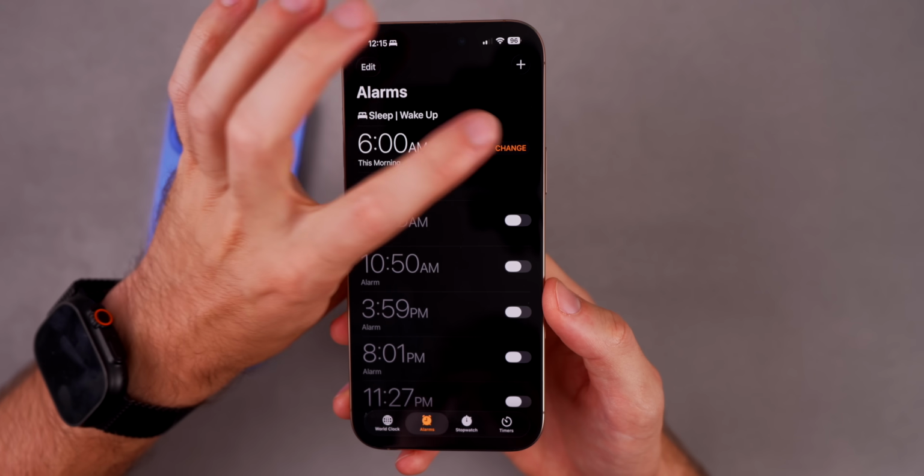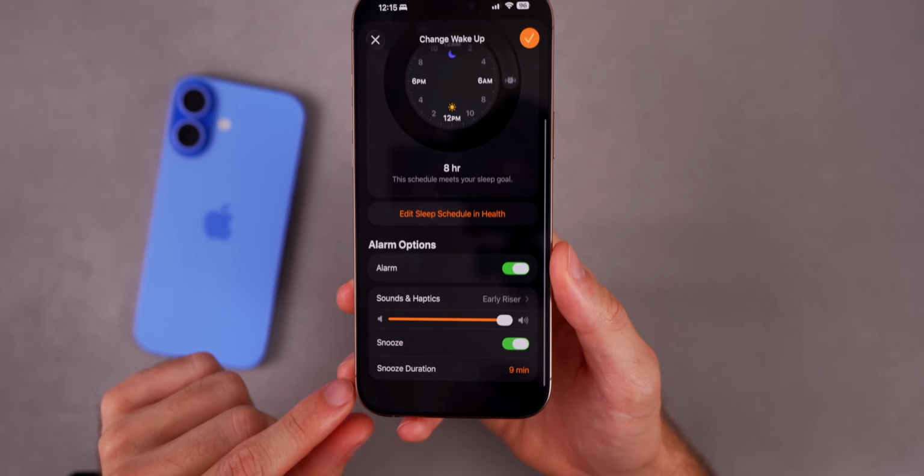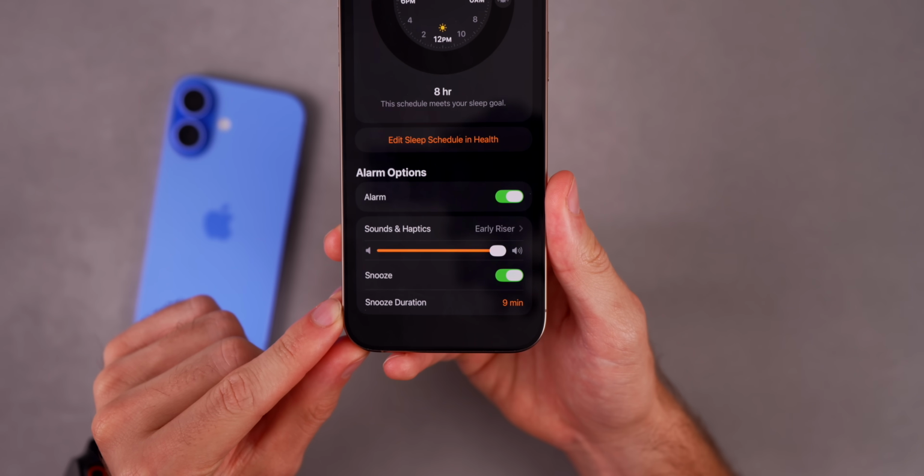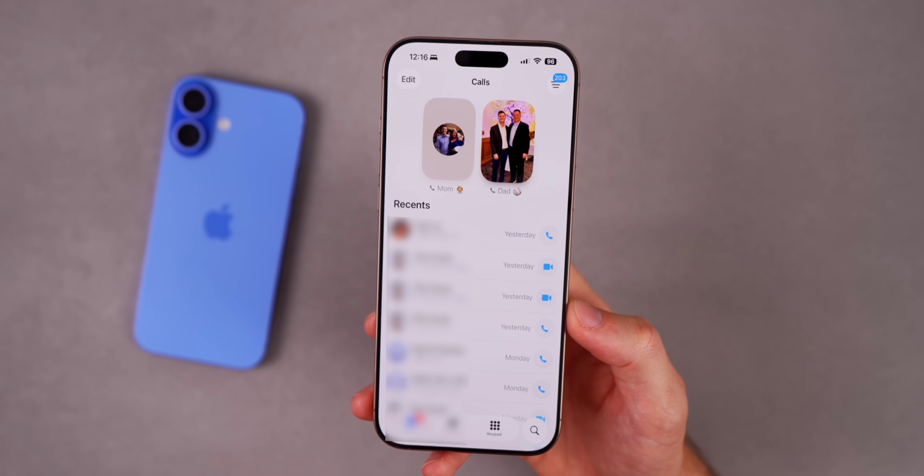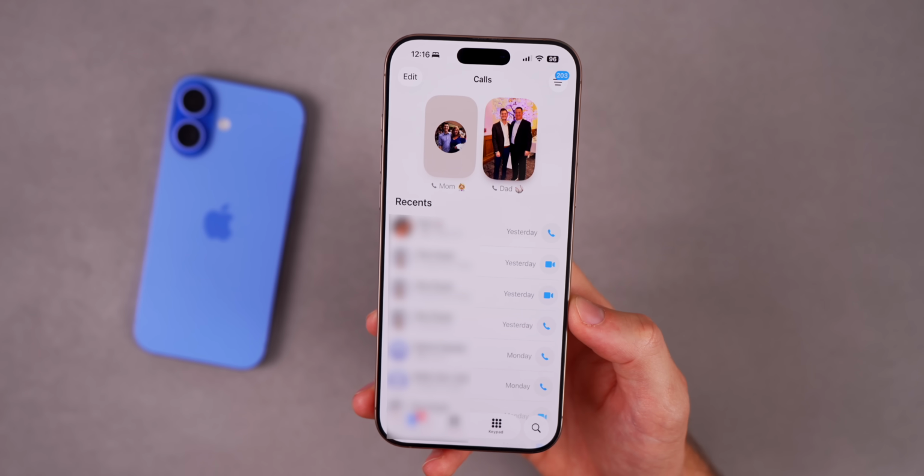And again, this will also work for your wake up alarm as well. If you scroll down, you can see that we have snooze duration right there. Now there's something else I need to tell you about the phone application, because this is something that might be